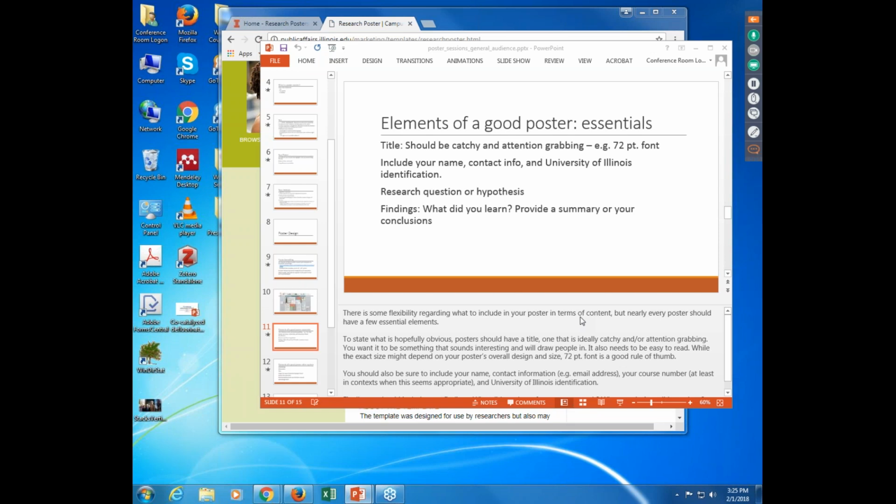One thing to think about here is the length of titles. These could vary again from discipline to discipline. I think sometimes, at least in my experience in the sciences, you often have very long titles. And so consider whether it's possible to shorten those titles, in order to be able to fit a legible title at the top of your poster.